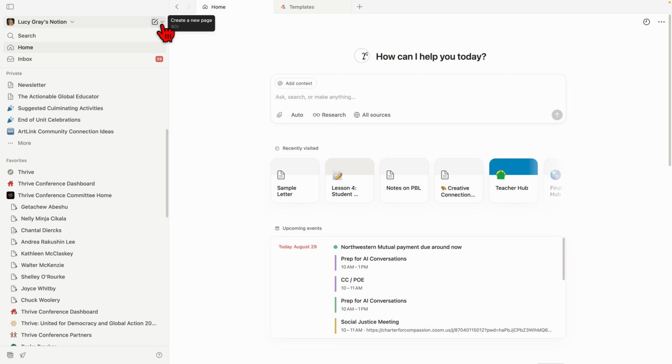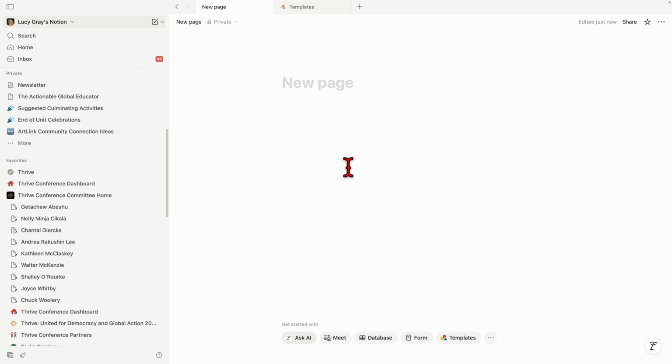And in the upper left-hand corner of this navigation column, I'm going to mouse over the icon that looks like a square with a pencil on it. And it says create new page. I also have the ability to do meeting notes with AI, which is awesome, and also to make a database, but I'm not going there right now. I'm going to click on page, and I'm going to give my page a title